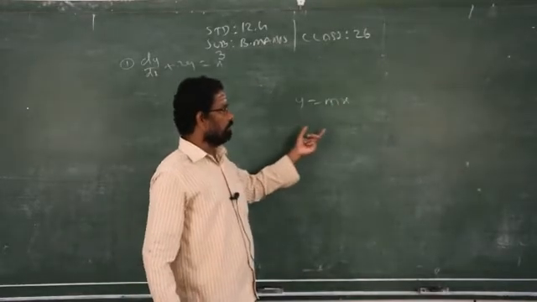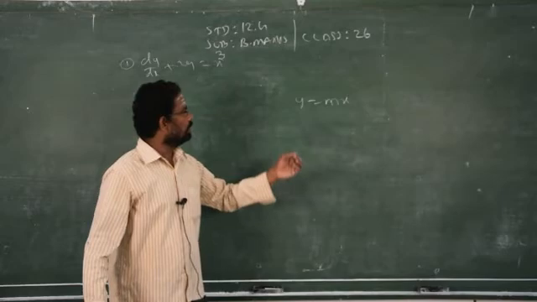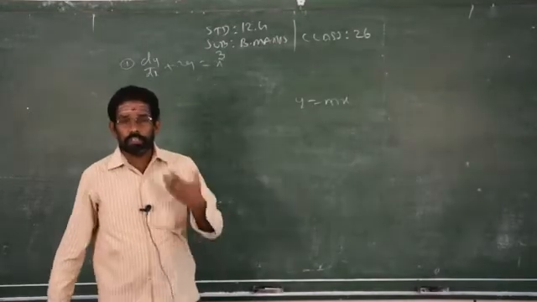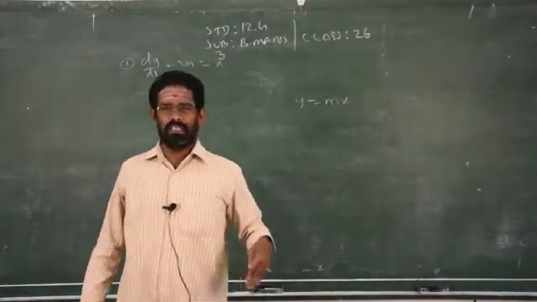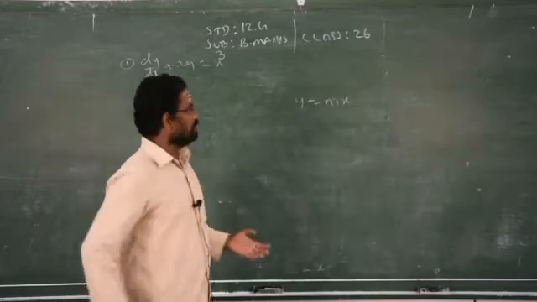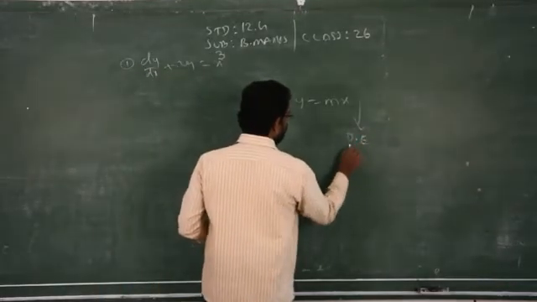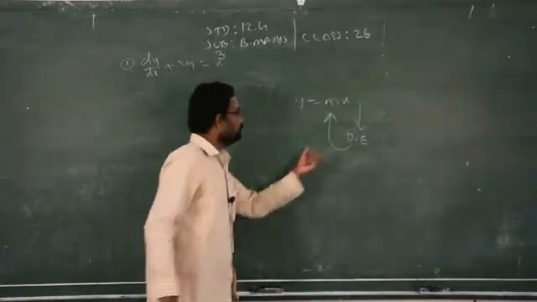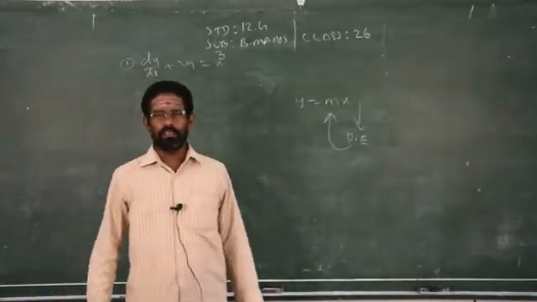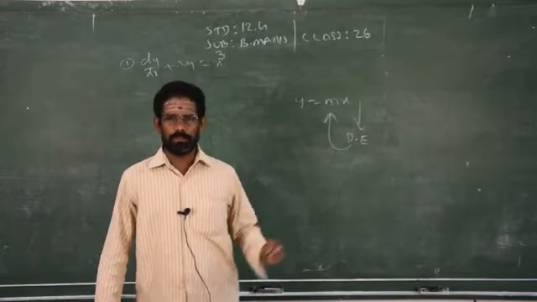This is the equation of the straight line. How do you convert this equation of the straight line into differential format? We will see in the next Roman number. Clear? So just reverse process. You have to come to DE, that is differential equation. From differential equation you have to go to linear equations or algebraic expressions.